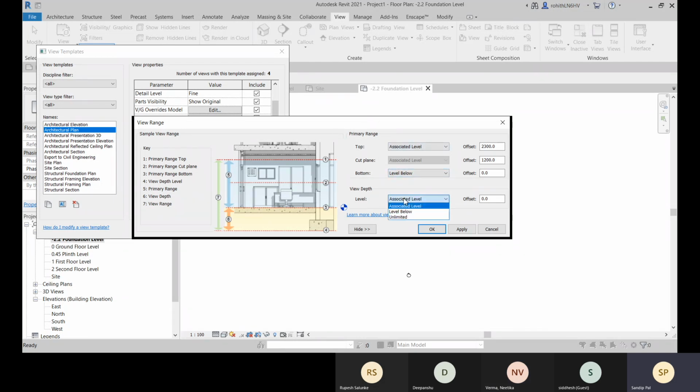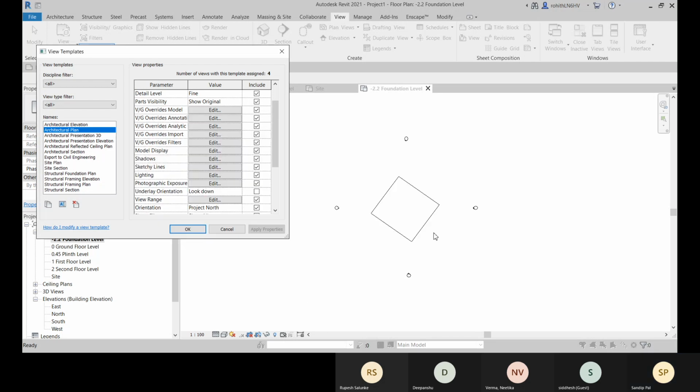Okay, and view depth also, here you can go with unlimited, or else you can go with the level below. So here I'm going with the view depth unlimited, so there will be no particular height, it will go unlimited. So that I'm applying, and if I need to change again, I will change it again. And now you can see that within this foundation level, I can see that.